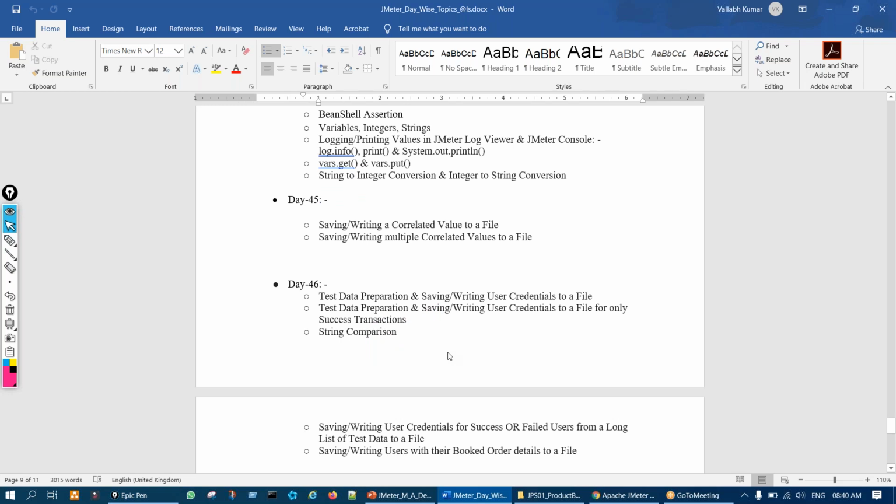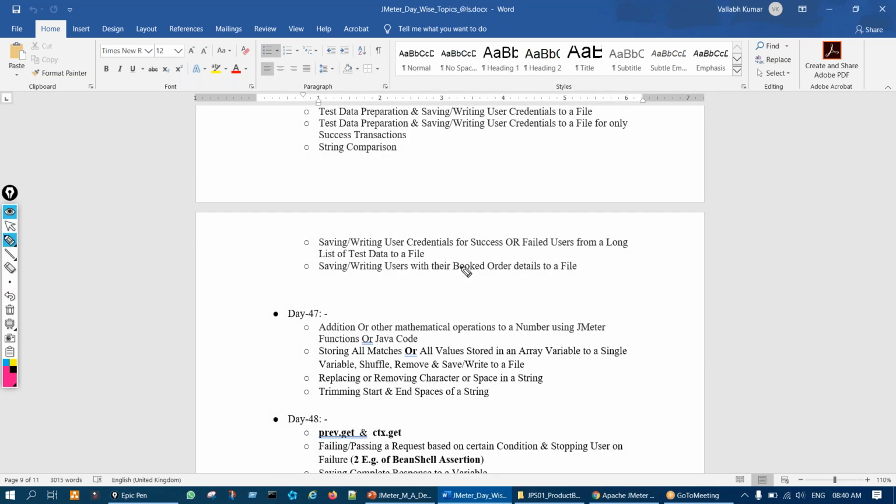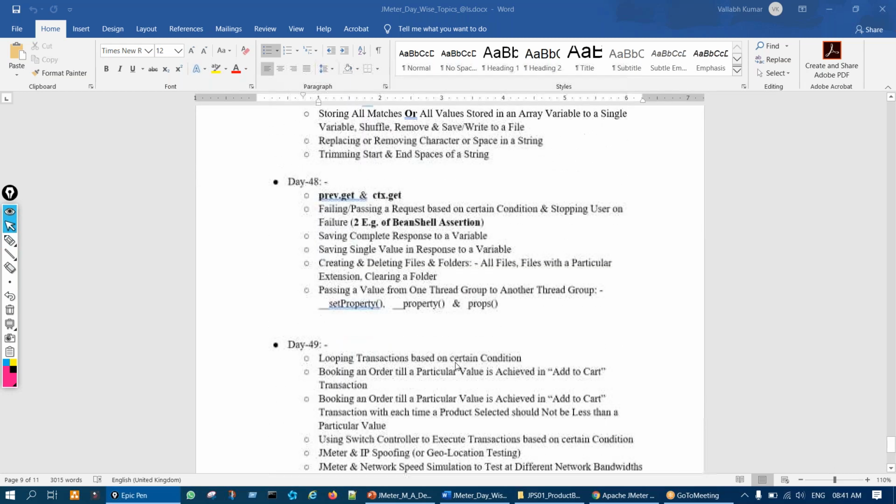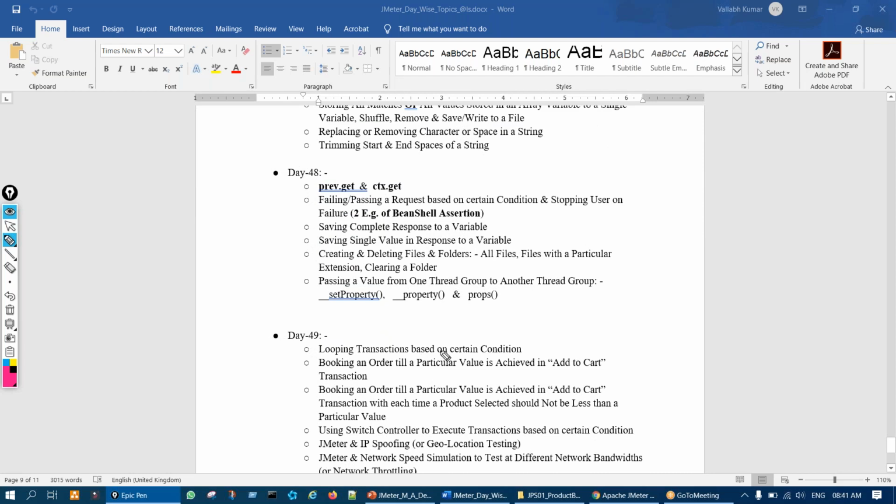Then how to write credentials for only failed or successful requests, how to write a whole booked order to a file, addition or doing mathematical operations, right? Storing all matches or all values stored in an array in a single variable, removing or replacing a character or a string, trimming the start or end. So these will be real-time normal use cases which we get in every day-to-day project.